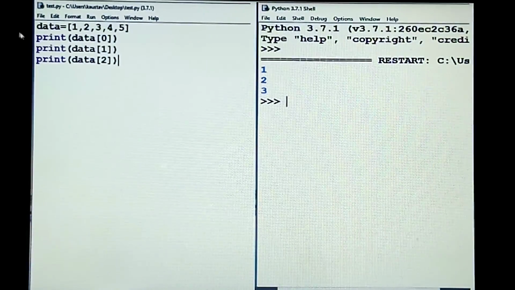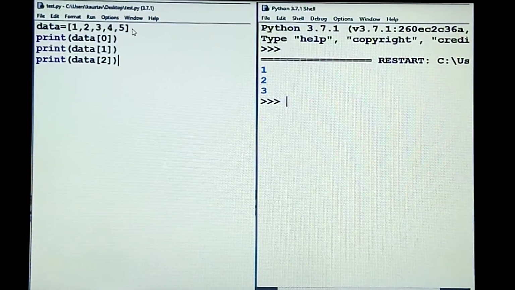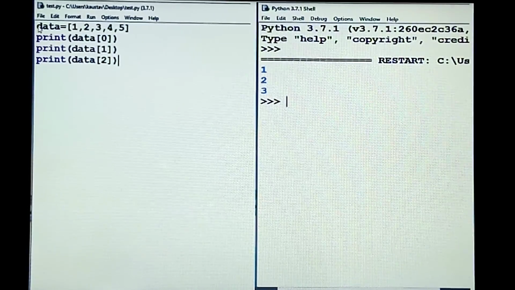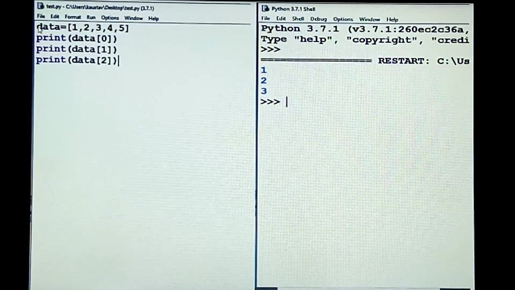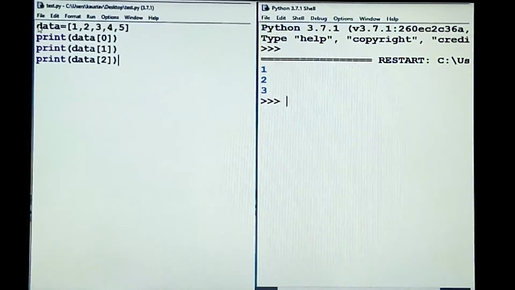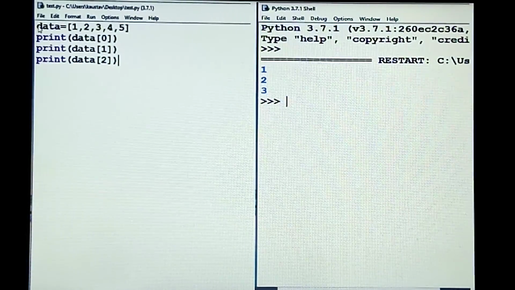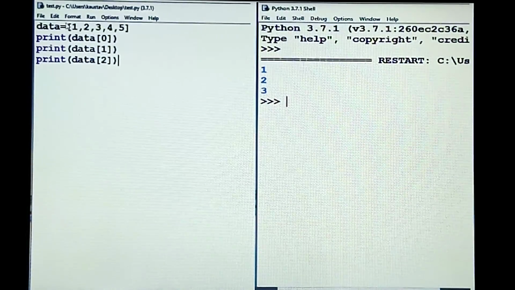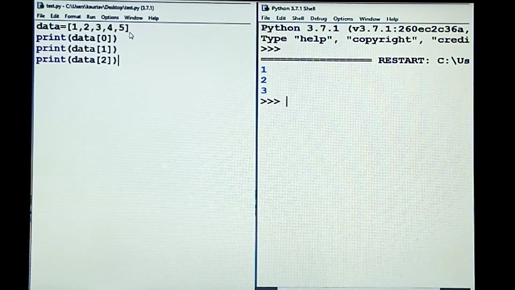Now we will see this one. Suppose this is the declaration of the list. I have declared that one. Values can be accepted in two ways. One is static, and one is dynamic from the user. That we are going to discuss afterwards. So I have assigned the values 1, 2, 3, 4, 5.